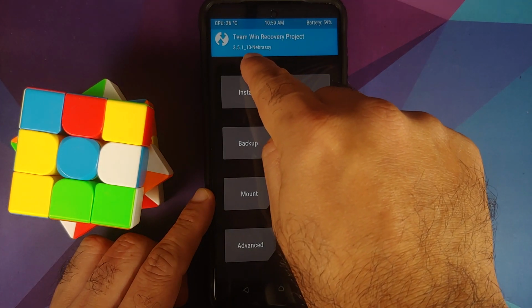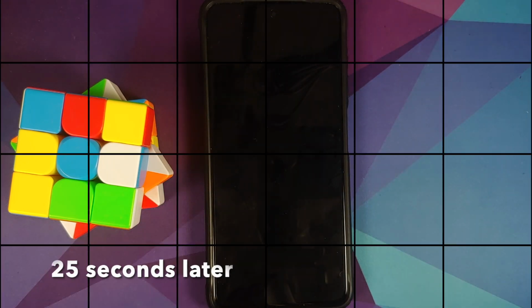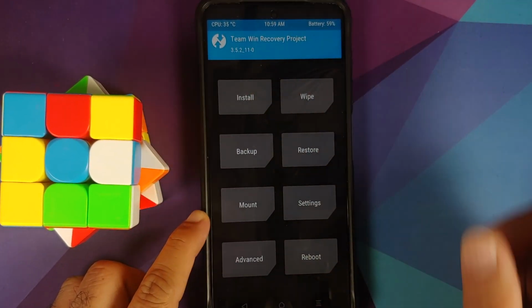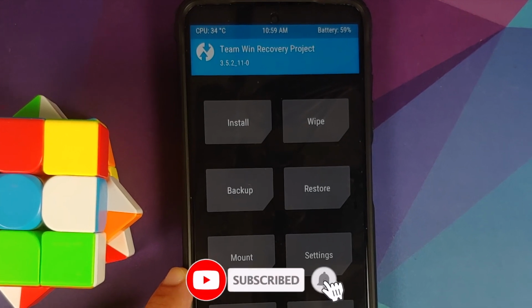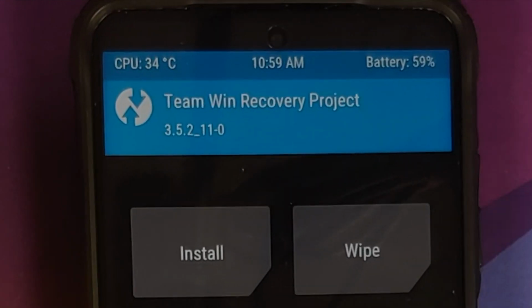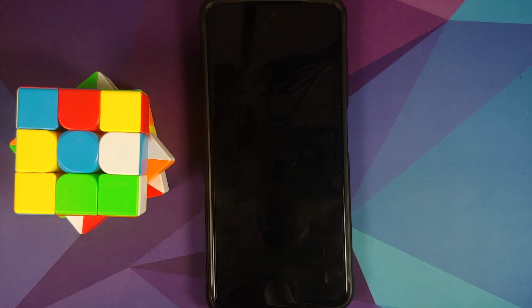Now notice 3.5.1 on top. Tap reboot, and let us boot back into our recovery. And there it is, you can see that the version has now changed to 3.5.2_11. Again, it is all up to the developer whether he changes the version over here, but in this case that happened. Next up, let us go into reboot and of course select system. And before you ask me, and before I forget, what if you want to downgrade or switch over to any other recovery which is in .img format? You can use this very same process to do that as well.